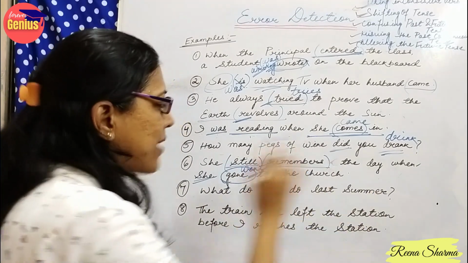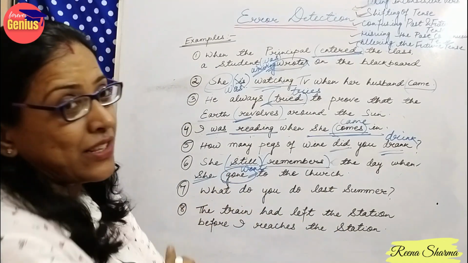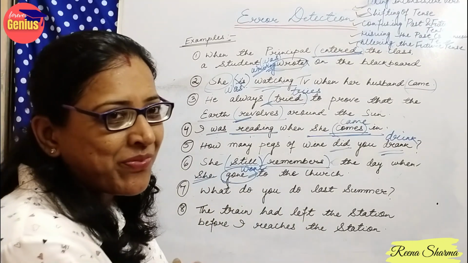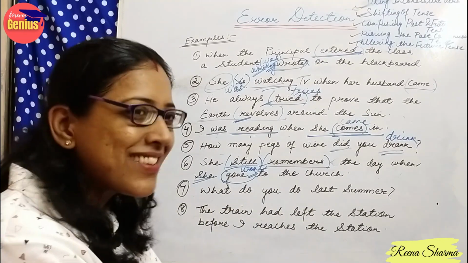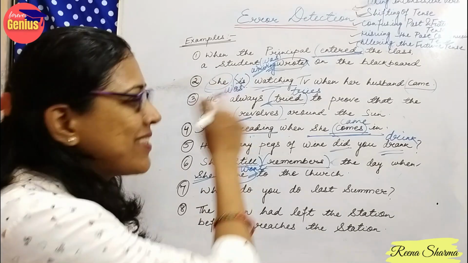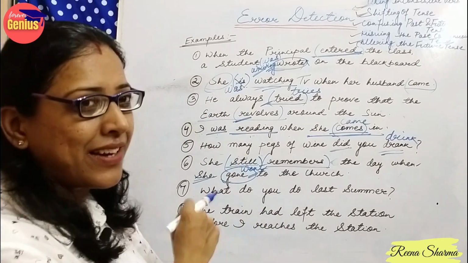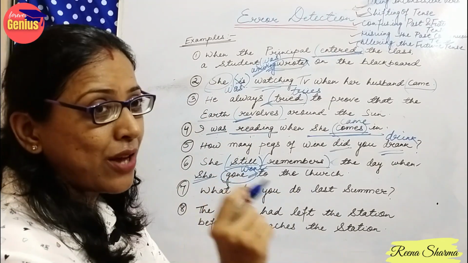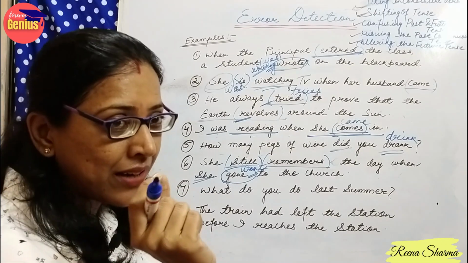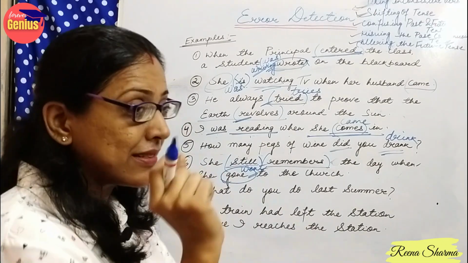What do you do last summer? Now ma'am, in this sentence don't say that there is an error. But yes students, there is an error, because if it is coming in the question, there is an error. So focus on the structure which you have done. If you just focus, think.